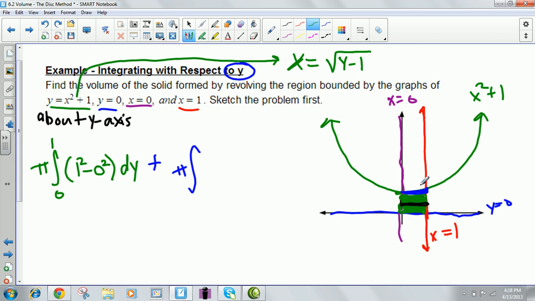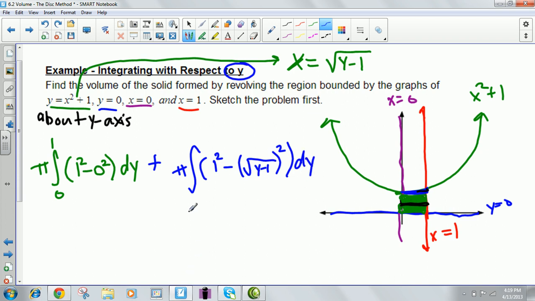Right? So then that's your green line right there. That's your green line. So then if you were to draw the heights of a rectangle in here, it would be from the red line to the green line. So when we set this up, it's going to be from the red line squared, which is 1, x equals 1 squared, minus the green line squared, which is the square root of y minus 1